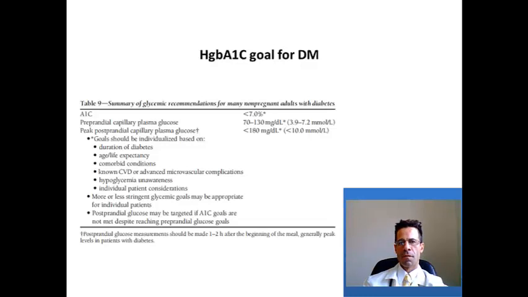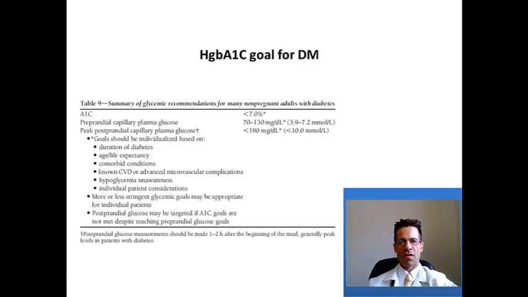So what is the goal for managing glycemia? The goal is 7%. 7% hemoglobin A1C is the goal for most people with diabetes. However, there are going to be populations where the goal is going to be different. For example, in someone who's recently diagnosed and a younger patient, you might have a goal of less than 6.5. These are in patients who have not had history of hypoglycemic episodes,